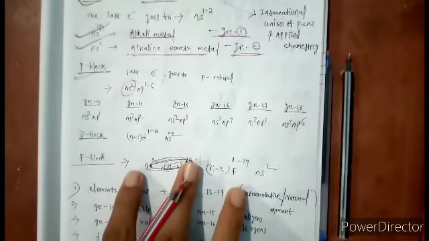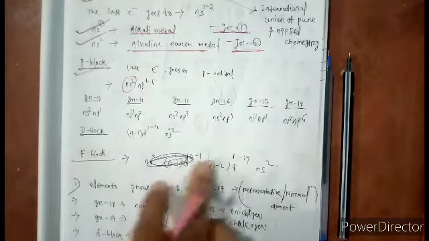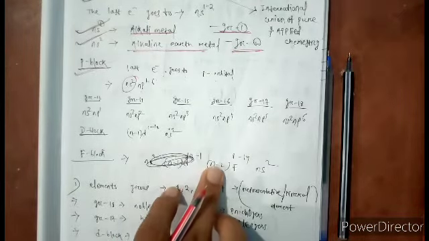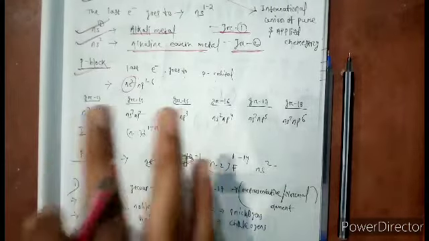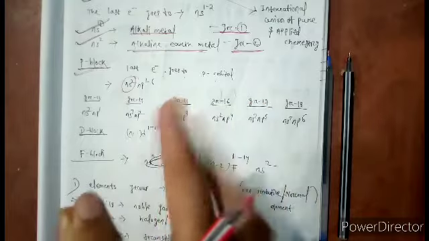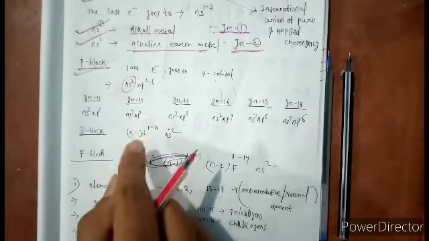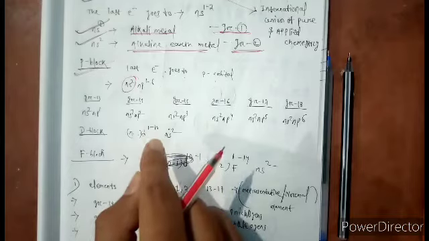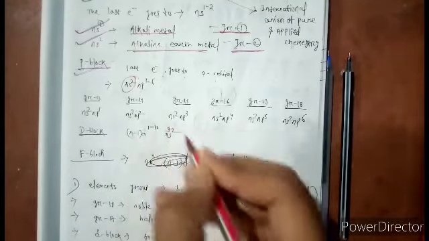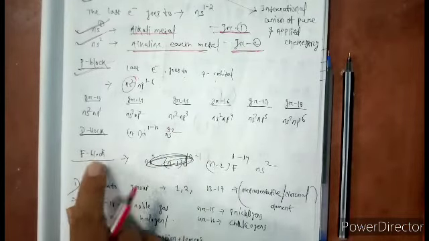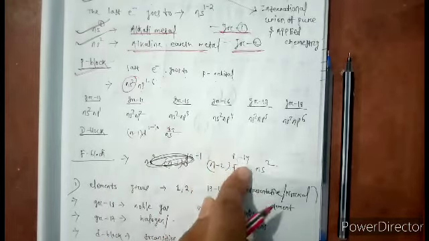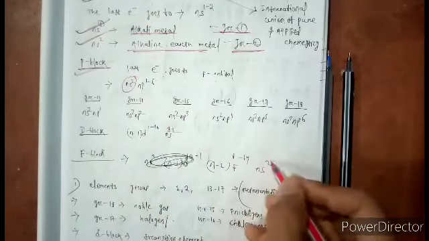Then come to the f block, with electronic configuration (n-2). If we consider the d block, we say (n-1)d 1 to 10, and ns 1 to 2. Sorry, this is not 0, this is 1 to 2. But for the f block, logically it is (n-2)f 1 to 14, ns2. ns2 is compulsory as it is.